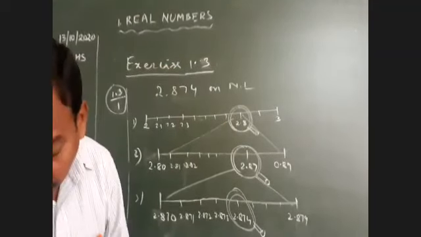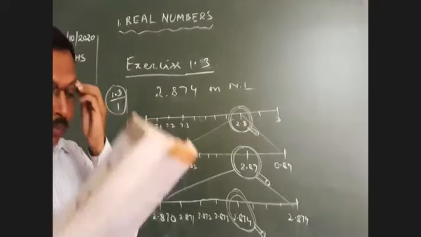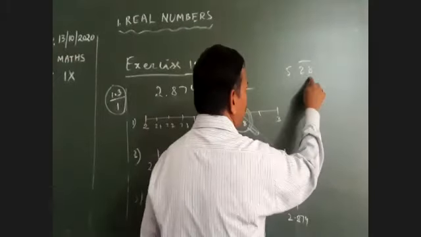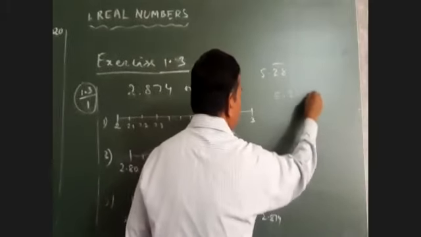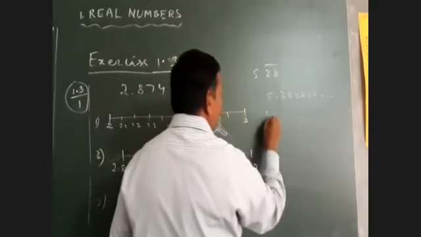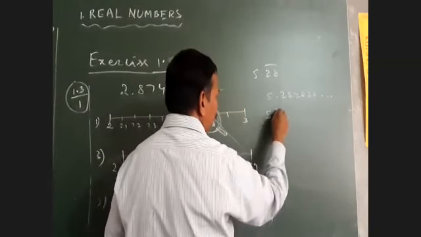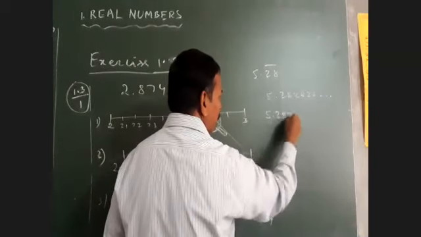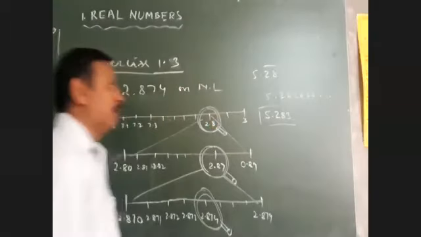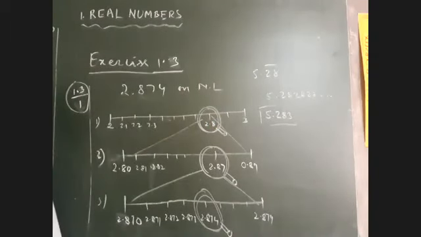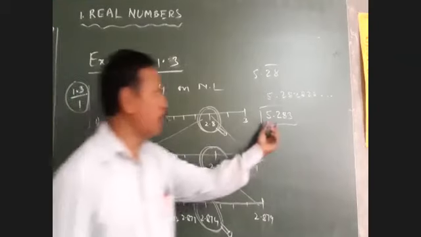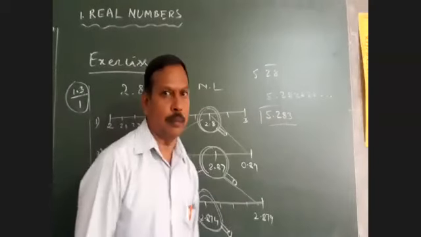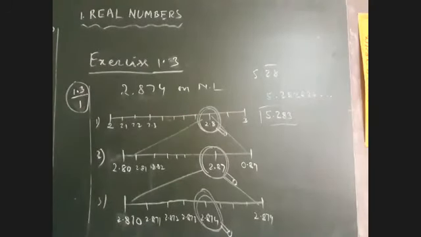Suppose the second sum is here. What is mentioned? 5.28 bar, that is 5.28, 28, 28. Up to 3 decimal places: the fourth digit is more than 5, so you add 1 here and it becomes 5.283. Second sum, same method again. First 5.2 one step, 5.28 second step, 5.283 third step.